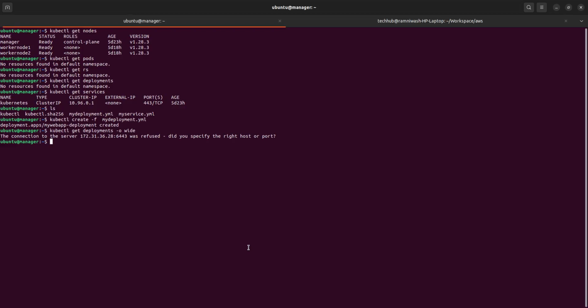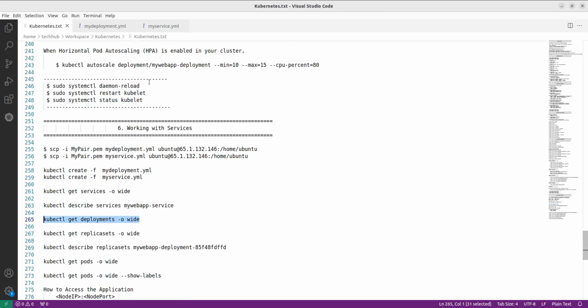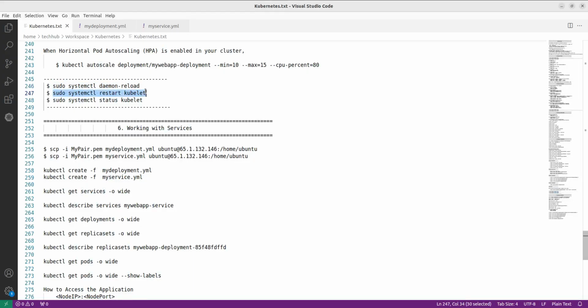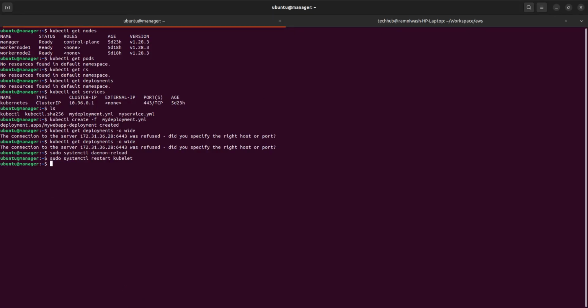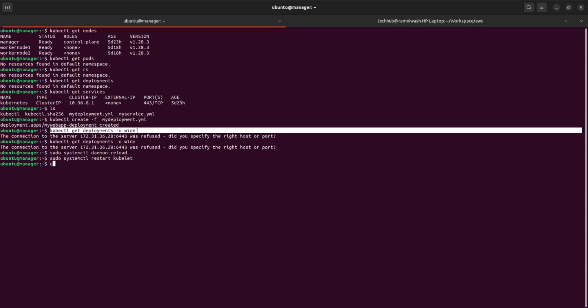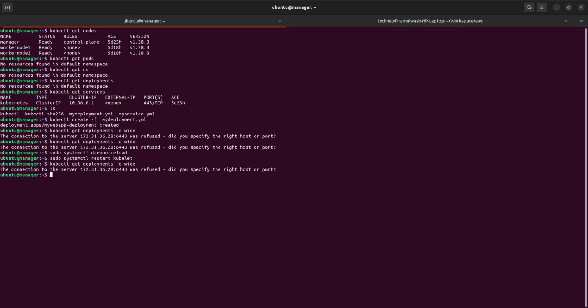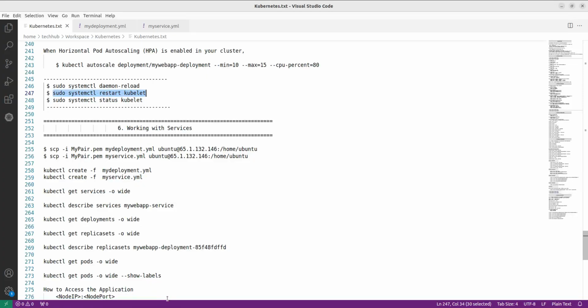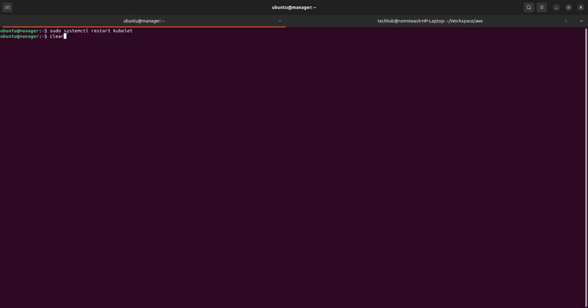So it's very slow, let me try again. I don't know whether the system configuration is low, that's why it is doing this, or some other problem. Suddenly it stops and suddenly it started working. Let's try again now. Get deployments. How many deployments are there? It should be okay. So you can see here now one deployment is